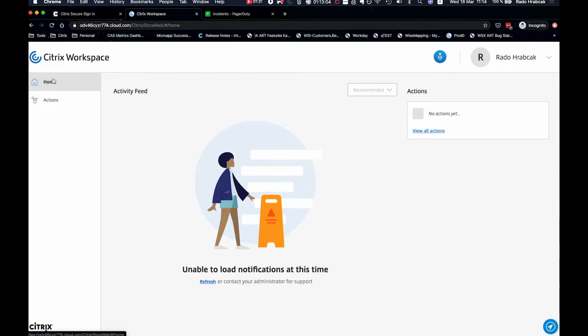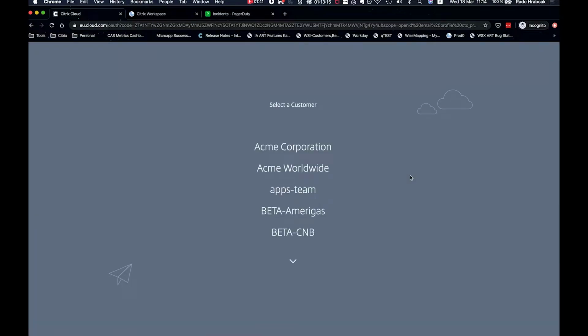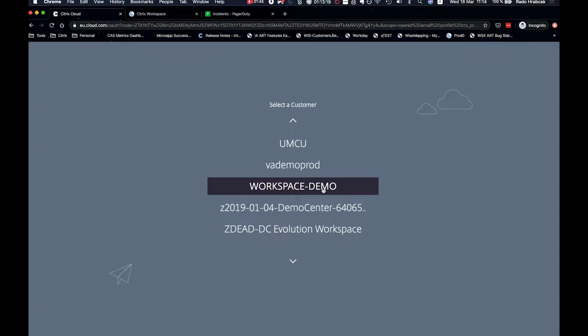We have to build something. Let's start with logging into Citrix Cloud. As soon as I log into Citrix Cloud, I have to choose my instance. I have a couple of them here, so I choose my instance, and it brings me to the administrator's dashboard, where I will see a whole bunch of tiles. And as soon as my page loads,